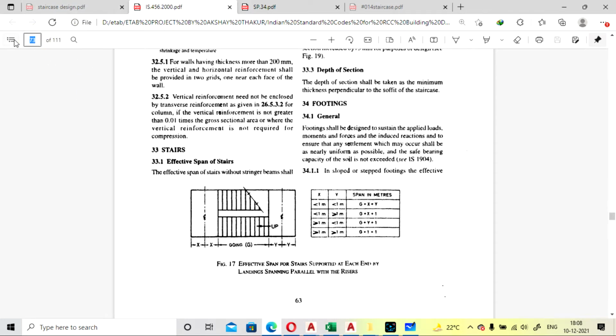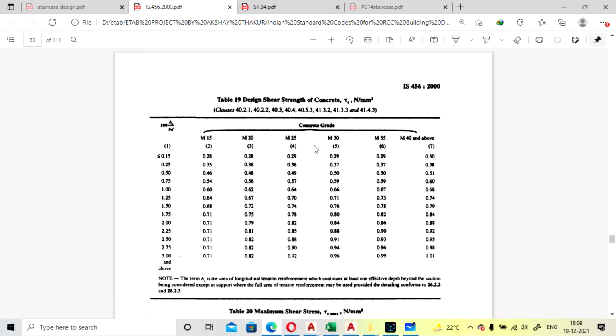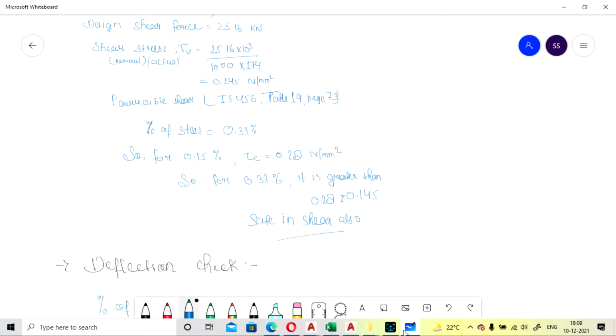So this will be a table, this will be the percentage steel and this will be the grade that you are using. Okay, so now we have already done the calculation for this.